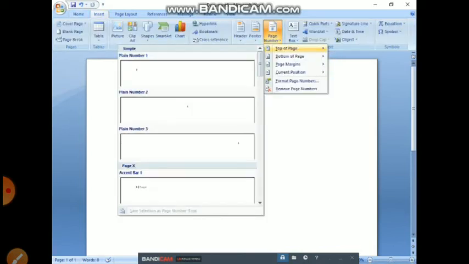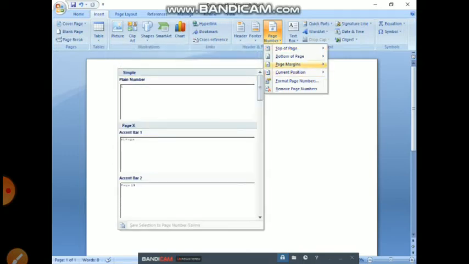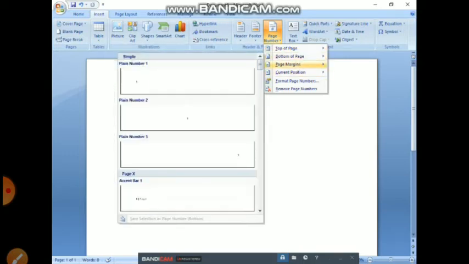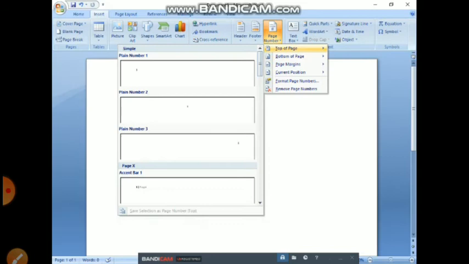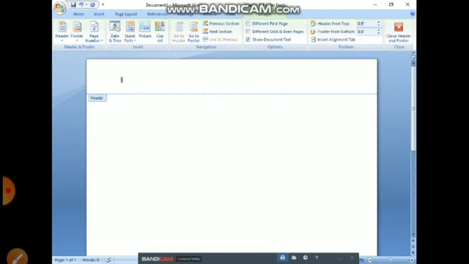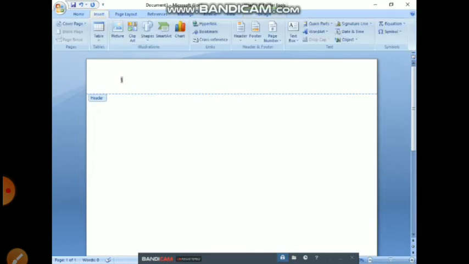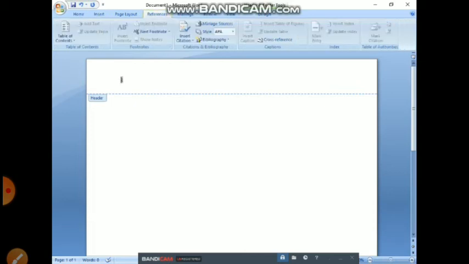Now the page number. If we want to give the page number, we just select the page number option, and there are so many types of page number. Basically these are types of appearance, like Indian numbers, Roman numbers, ABC, etc. We choose any one and insert it in our document. So it will be changed.